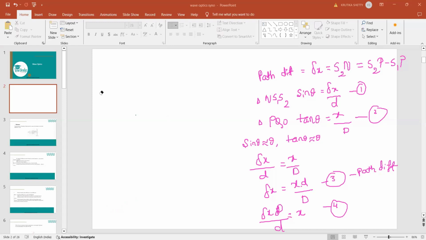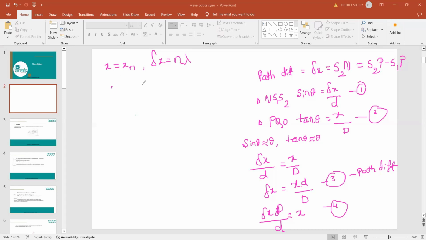Okay. So see, next what are we doing? So equation 4 has come now. So suppose the equation 4, if I write it for the nth bright fringe, so suppose if I am writing that x value for the nth bright fringe, then for the bright fringe case, path difference is equal to delta x. You might have written it yesterday, check the formula. So for the bright fringe or constructive interference, it is delta x is equal to n lambda. That means path difference is equal to n lambda.